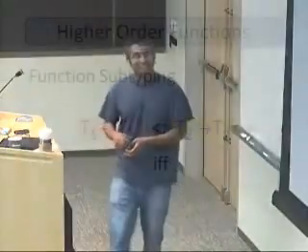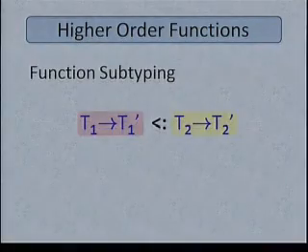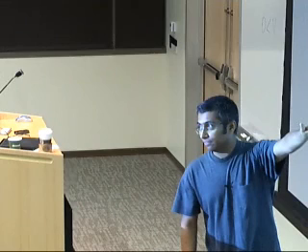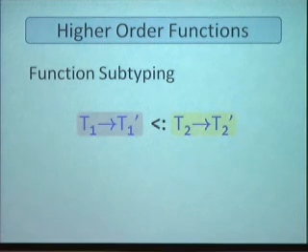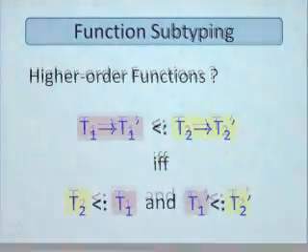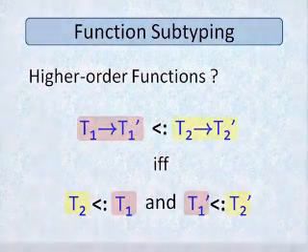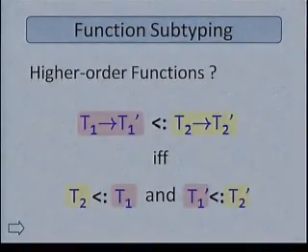Let me very rapidly go through this. So what happens with higher order functions is this. If I have a function and I throw it at another function, I get a subtyping constraint that looks like this. Some function flows into some other function. And now, this is just classical type theory. What it tells you is that this subtyping holds if and only if T2 is a subtype of T1 and T1 prime is a subtype of T2 prime. So you take these very complicated types and they all just break down like this. Everything just keeps breaking down so that at the end you're just left with simple implications.